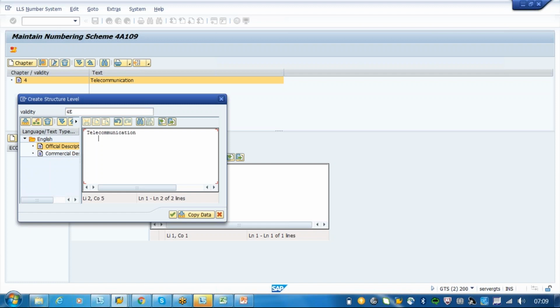After the telecommunications, what is the number? We will say, for example, it is processing, or maybe it is programming material, or a data value.